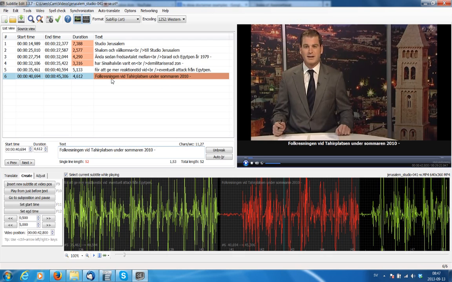Okay, now it's all red. What does that mean? I need to break the text. So we'll click on auto break. There we go. It's divided into two lines. And even though the upper line is slightly longer,